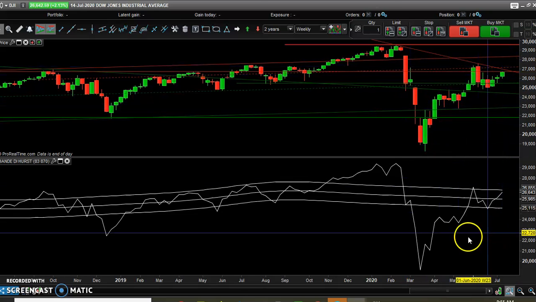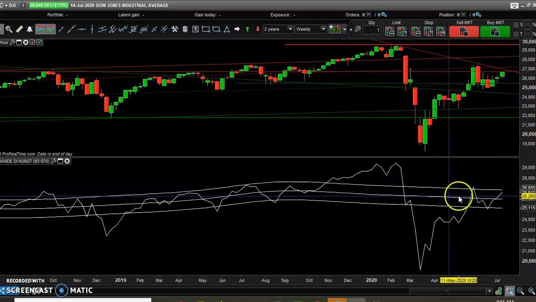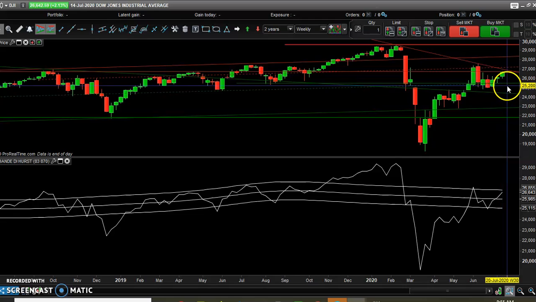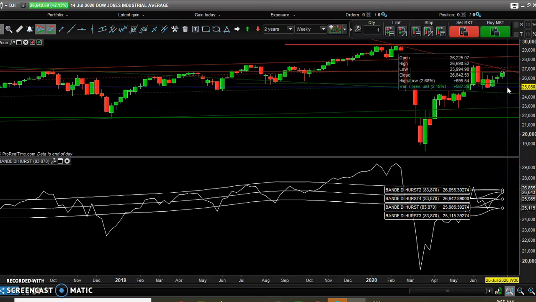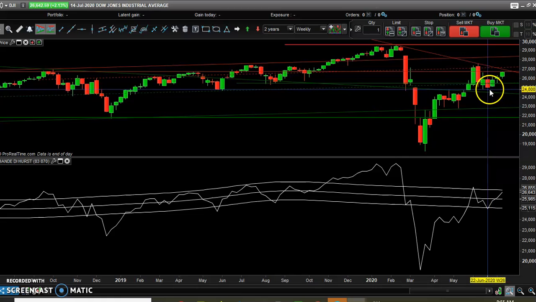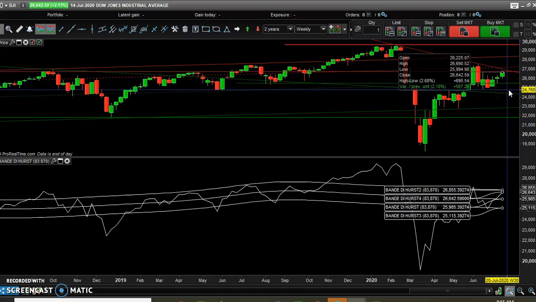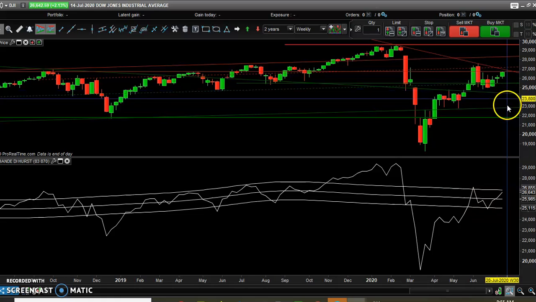Now in terms of hard bands, as you can see here, the hard bands are oriented downwards, so the cycle is negative, which is quite different from what we have seen for the S&P 500 where the cycle was positive. In terms of bearish action, we could trigger a short only below this area, so only below 24,800 points. If we see a long black candle breaking below this area, we could trigger a short, and then we will have as a first target